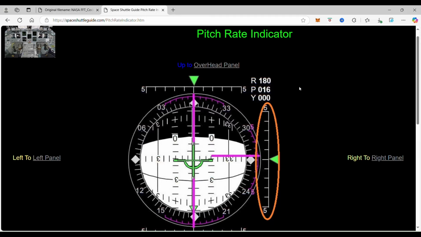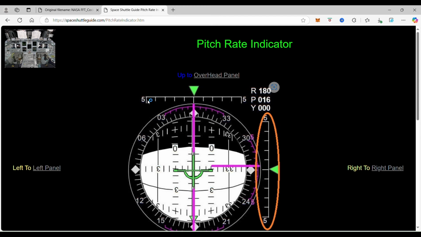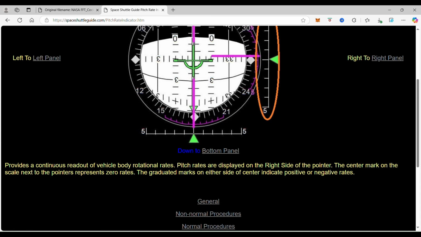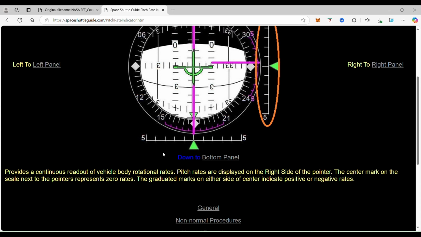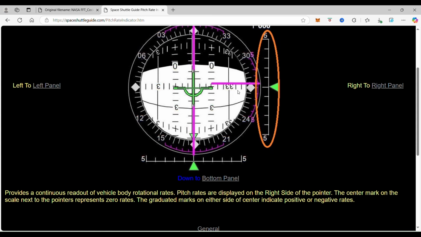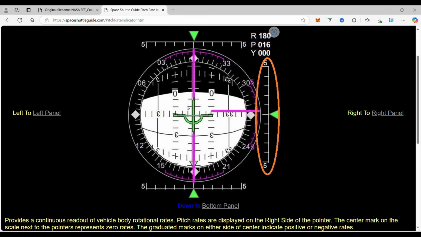Now this pitch rate indicator, just like the roll rate indicator, provides a continuous readout of the vehicle body rotational rates. But this is on the pitch rates and are displayed on the right side of the pointer. The center mark of the scale, right here, represents 0. The graduated marks on either side indicate positive, pitch up, or negative values. And again, that is a rate. It is not a position. Like we said before,